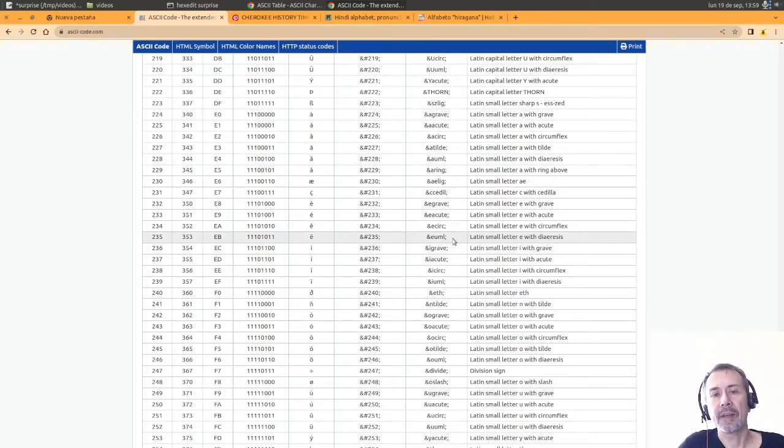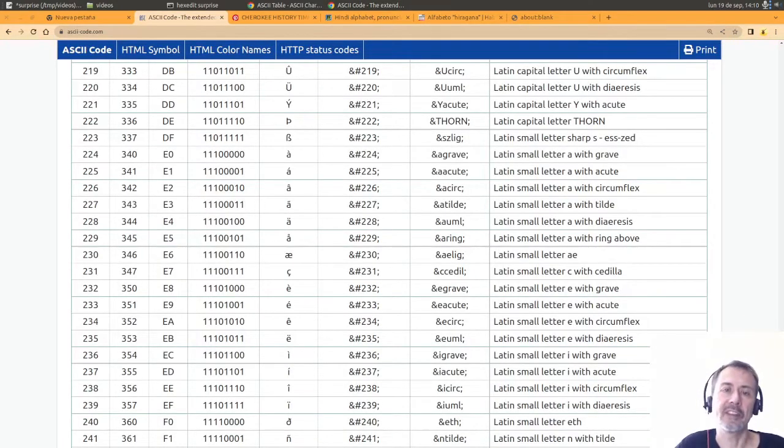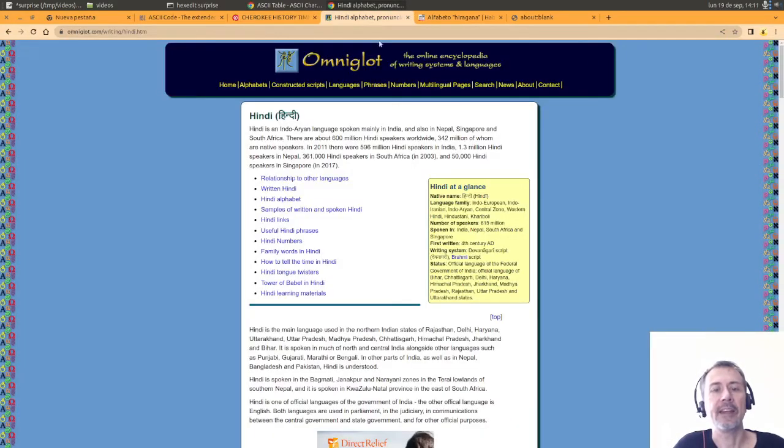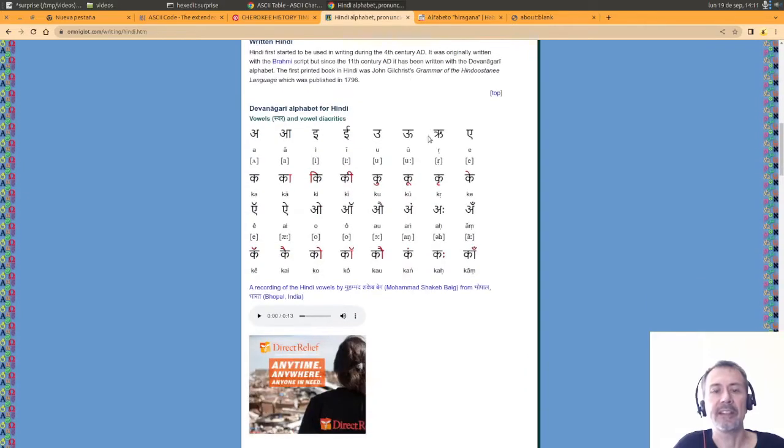But what happens? Okay, we can represent text in Spanish and maybe other languages like French. I think French uses some accents, reverse accents, Valenciano, whatever. But we have many more languages in the world. Take a look, for example, at the Cherokee alphabet. This is a completely new set of characters to represent. And you could say, okay, who cares about the Cherokee? Well, you have, for example, the Hindi alphabet. As you can see, it's not similar to the Occidental alphabet,